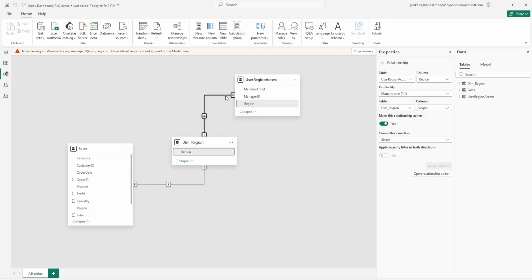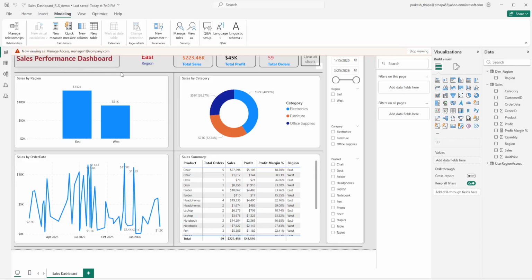That's what is happening, and we have to explicitly tell this filter direction, hey, use both directions, and that's where this comes in handy. So for cross filter direction, you have to apply both and apply security filter in both directions. Turn that on, apply the changes, and you'll see the arrow going both directions. Now let's flip back to the report, and boom,